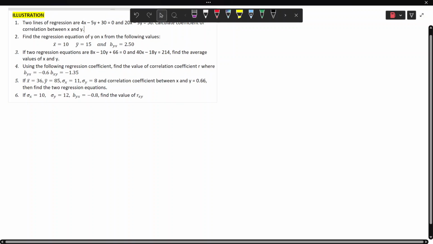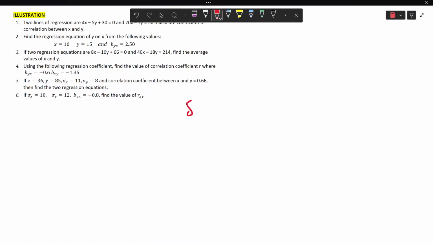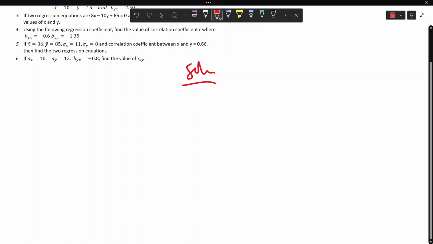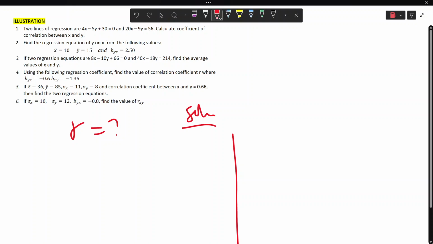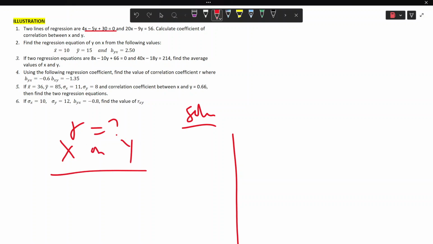All right, so let's zoom into the solution. You have to find the r. That's what they're asking us to find. Find r, which we don't know. Okay. So in our previous study, based on the previous video we did, let's assume we are following the steps. Let's assume that our first equation is equation x on y, and our second equation is equation y on